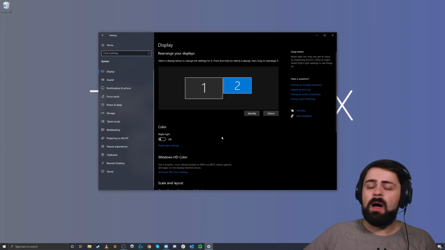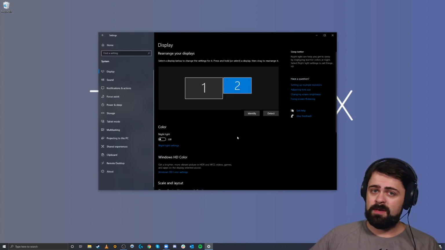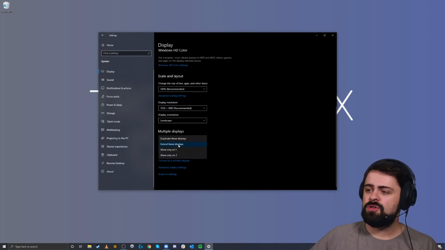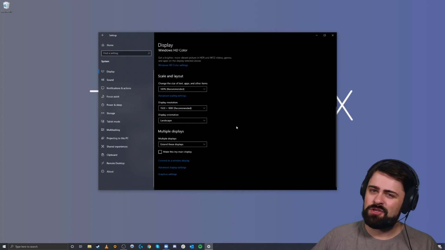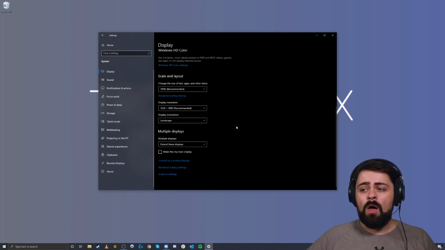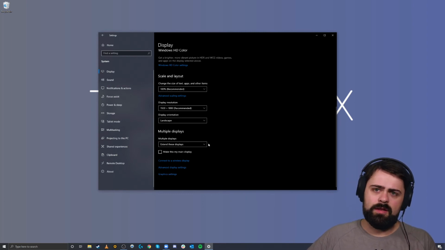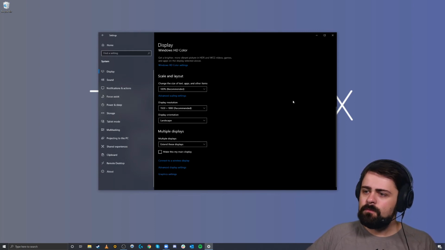Now, that is by and large most of what you need to do on Windows. Many Windows 10 PCs automatically default to this setting as opposed to duplicating the displays. This is actually kind of the opposite of how things are on Mac OS. On the other hand, there is one small little option that we might want to check on before we close things up and get to work.